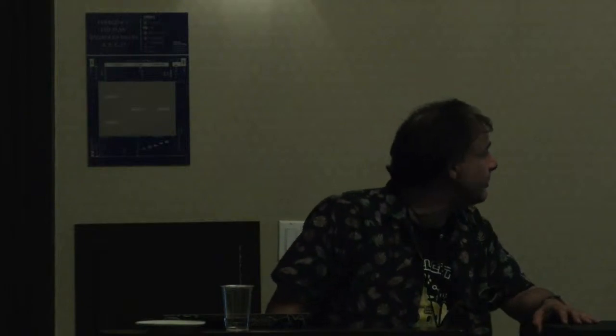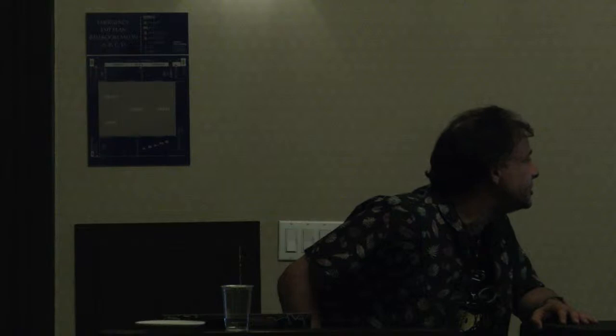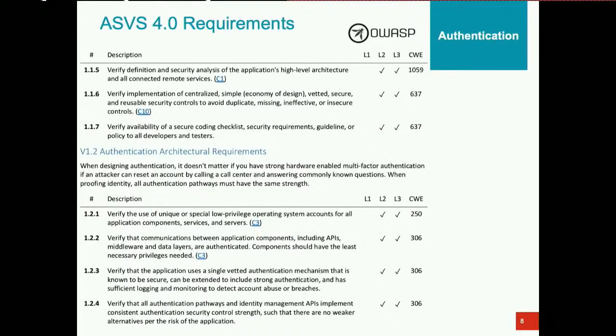This is an example of some of the requirements. Verify that communication between application components, including APIs, middleware, and data layers, are authenticated. Components should have the least necessary privileges needed. So that's talking about a microservice hierarchy of all these different services. We want to keep verifying authentication with each hop throughout the application. That's what this is trying to say. But the point is that now we have a clear definition of what a secure piece of software is on